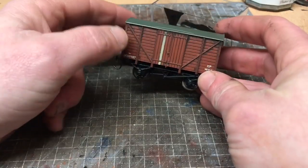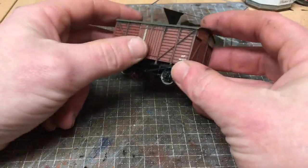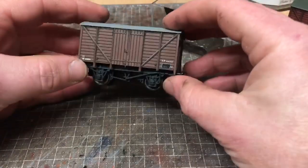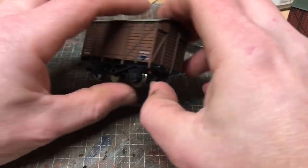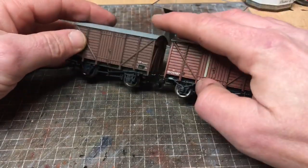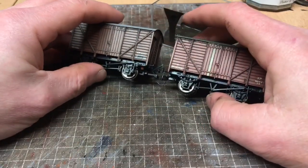It would need toned down a little bit more and a variation of colour put on that just to soften it a little bit more, but that's another option for you as well. And just as a comparison, this is another one that's on the way to its final weathering. Slightly different in terms of colour, the actual wagon itself. This is a much more reddish